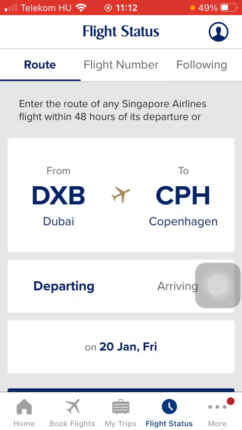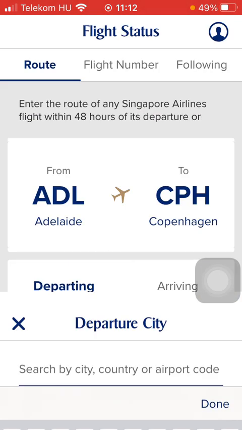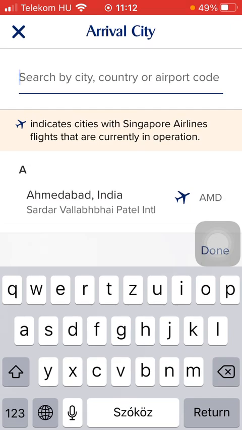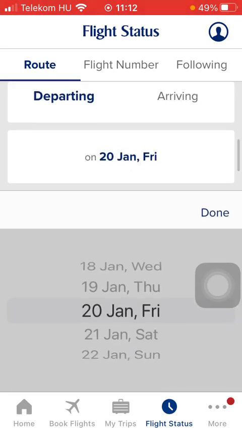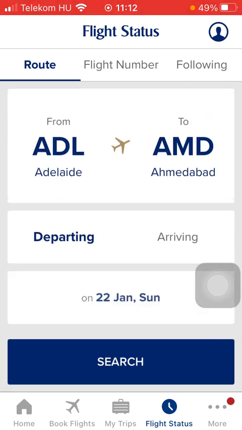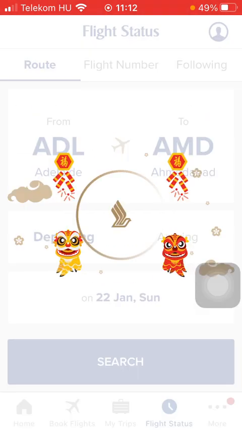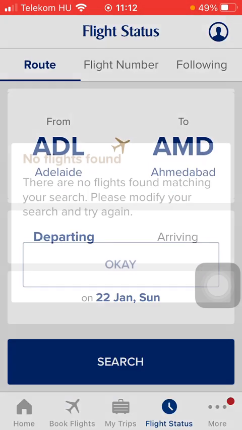If you choose the route option, you should type in your destination and the departure point. Then you should select the date and click on the search button down below, and after that you will be able to check out the